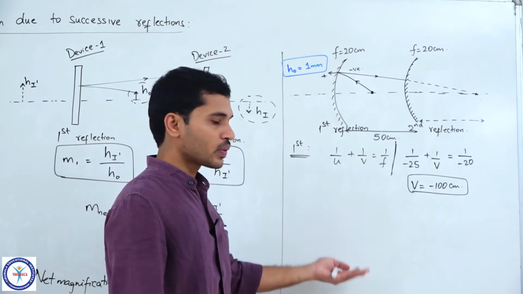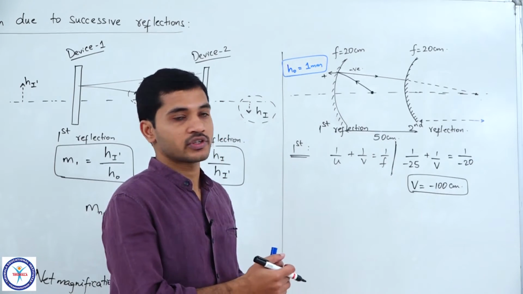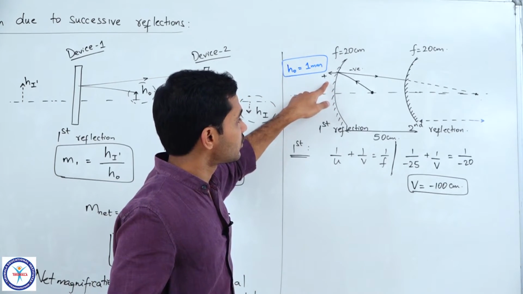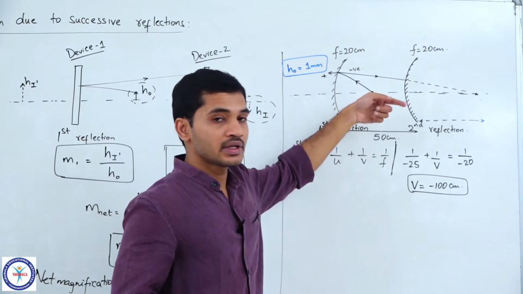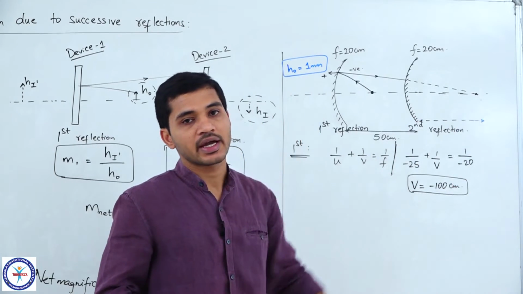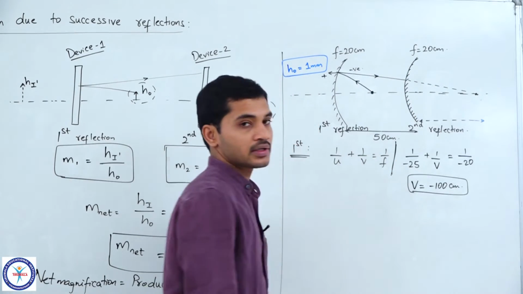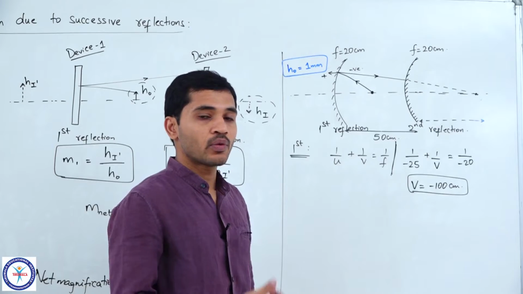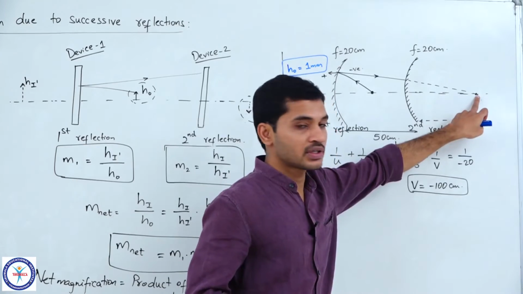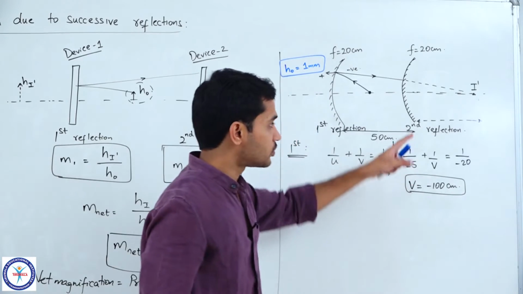So along with writing the equations, we will simultaneously draw the ray diagram as well, so it will be very clear for us. So the first reflection is over. The light ray which is coming from the first mirror is striking the second mirror in such a way that it is converging at a point which is 50 centimeters behind the second mirror. So this is the incident ray for the second mirror, right. Now the image which is formed by the first mirror, which is this, let me call it I dash,